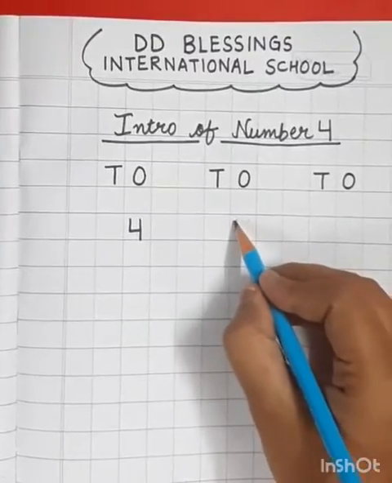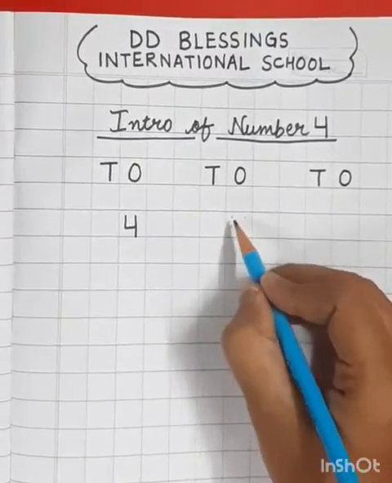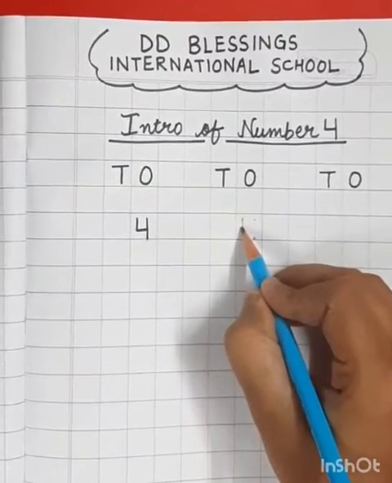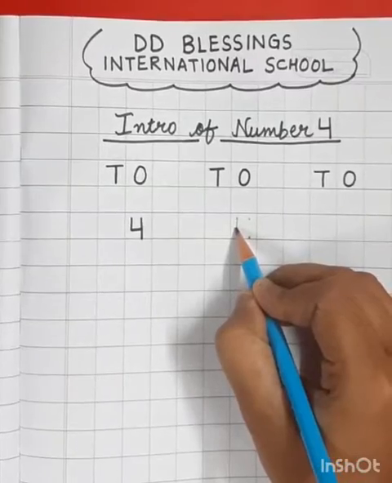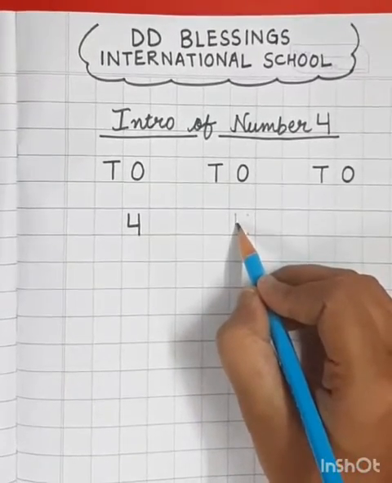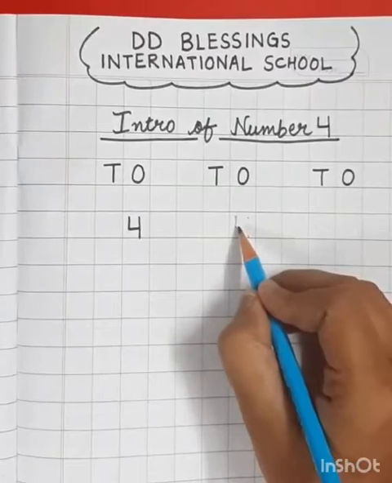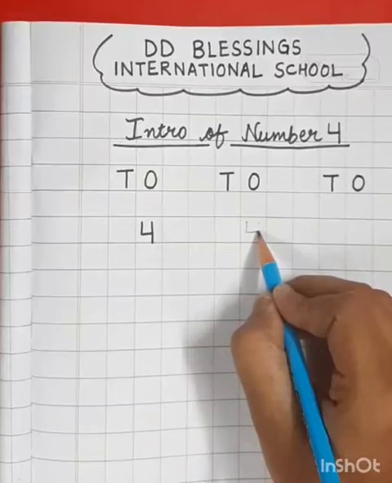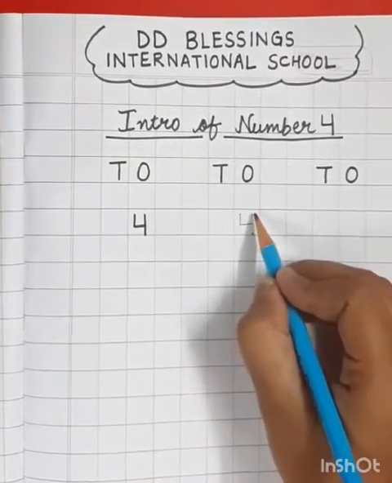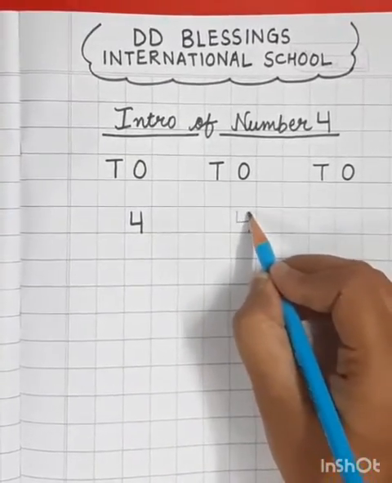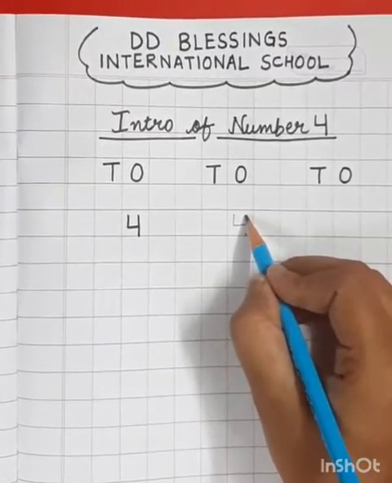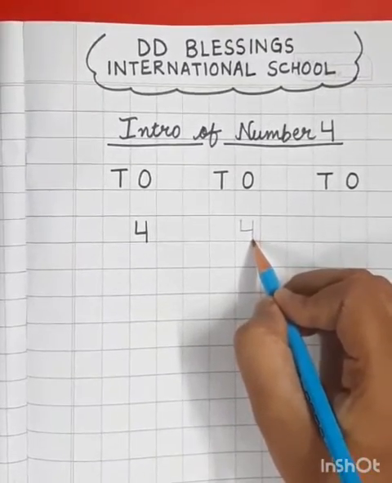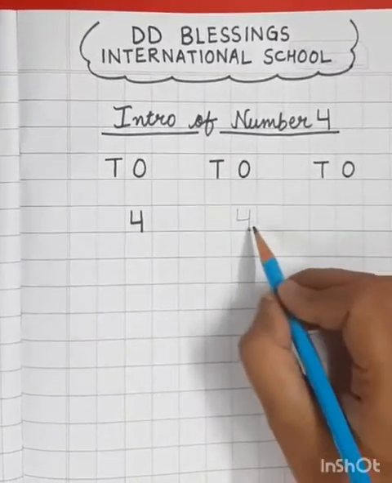First we will start from the first dot. From the top we'll make a small standing line from this point to this. This is a baby standing line, you can say. One small standing line, and then we will make a sleeping line towards right. We will move to the right and make a sleeping line like this, and then we'll stop. And then from this point, from top, we'll lift the pencil, move to this point and make another standing line to the bottom like this. Clear? This is how we will make number 4.